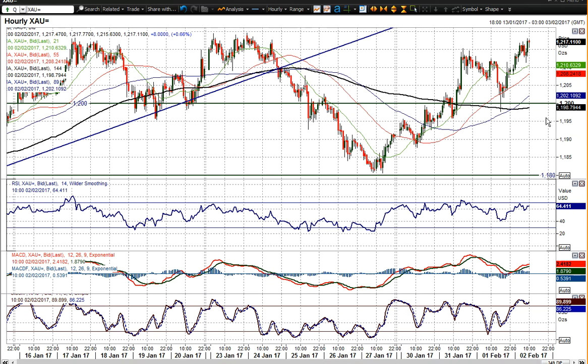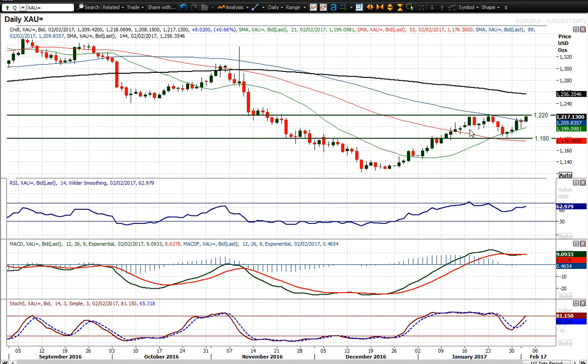And you could arguably see, if the market turned lower from here, that's a bit of a bear divergence on the RSI as well. So it's not massively strong, but it is still positively biased, and I think we are going to get a test of that 1220 level. I think this time it does need to break out to the upside to really gain that